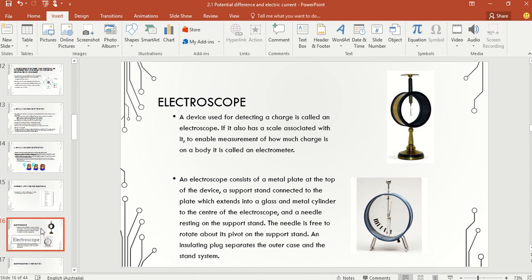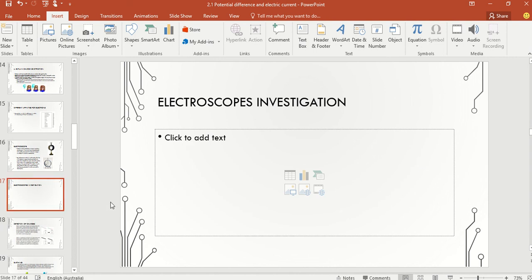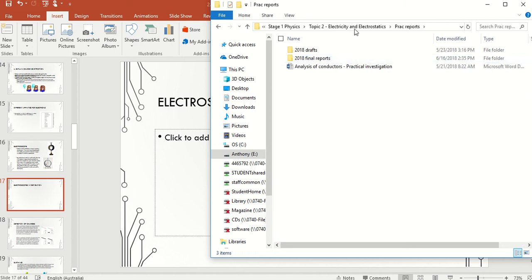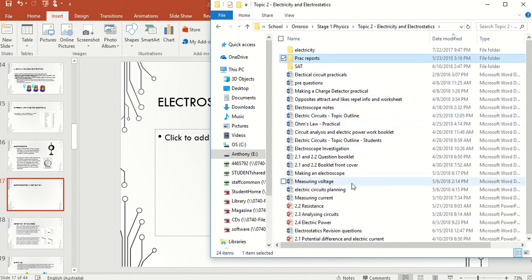So you're going to look at the electroscope investigation. So the electroscope investigation looks something like the following. Electroscope investigation,